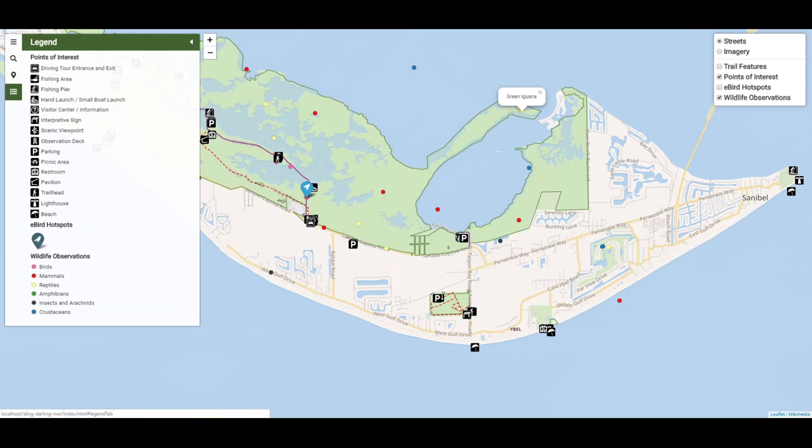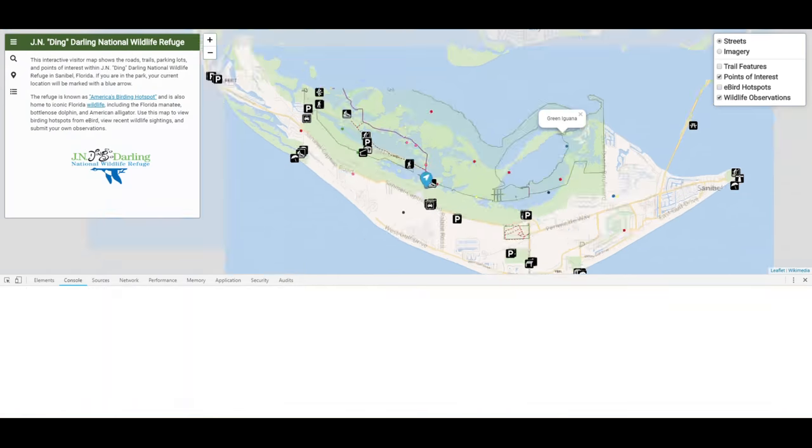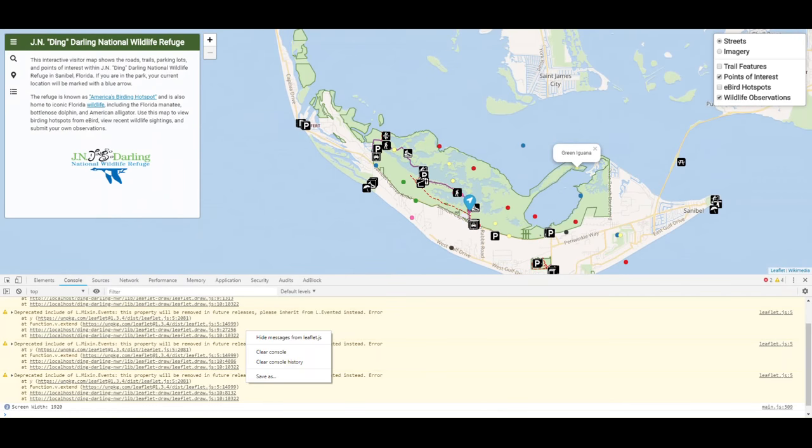The Legend tab shows symbology for the main layers of the site, specifically the points of interest, eBird hotspots, and wildlife observations. And these points of interest symbols are the official symbols from the U.S. Fish and Wildlife Service. So if I go back to Chrome settings and I go to